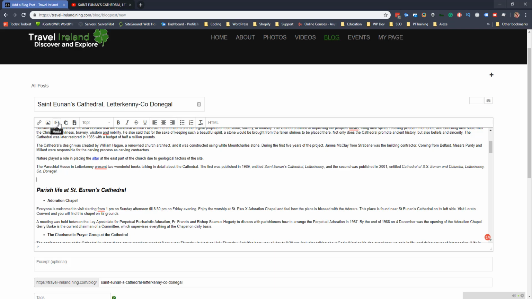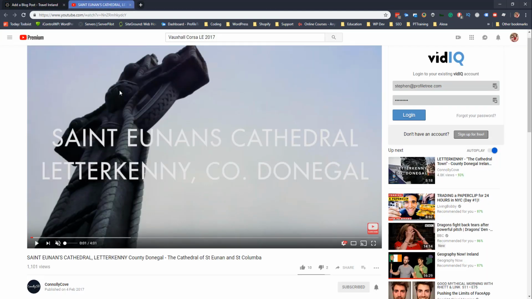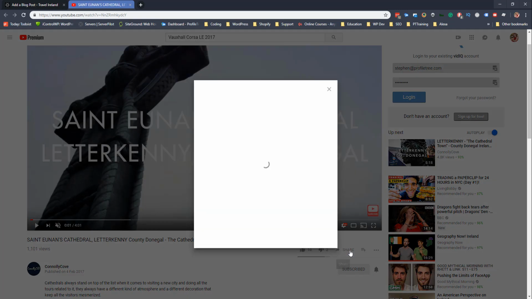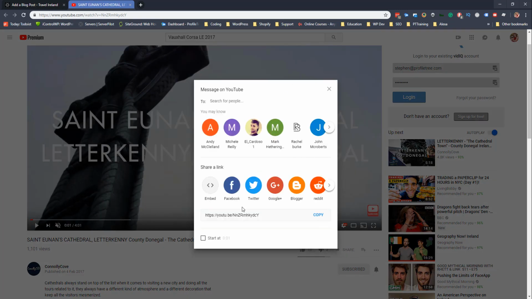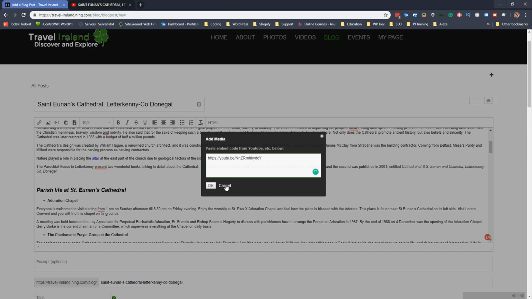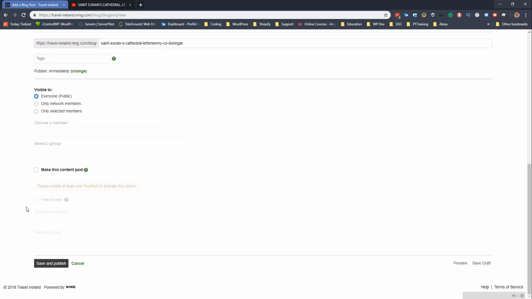So if I now click on media, it says paste embed code from YouTube, etc. So what I can do now is if I go to YouTube and I visit our conleycove.com YouTube channel, I can from here click on share. When I click on share, I can then take and copy the link, and now I can paste that link into the media clip and hit OK. And hopefully now if I go to save and publish,